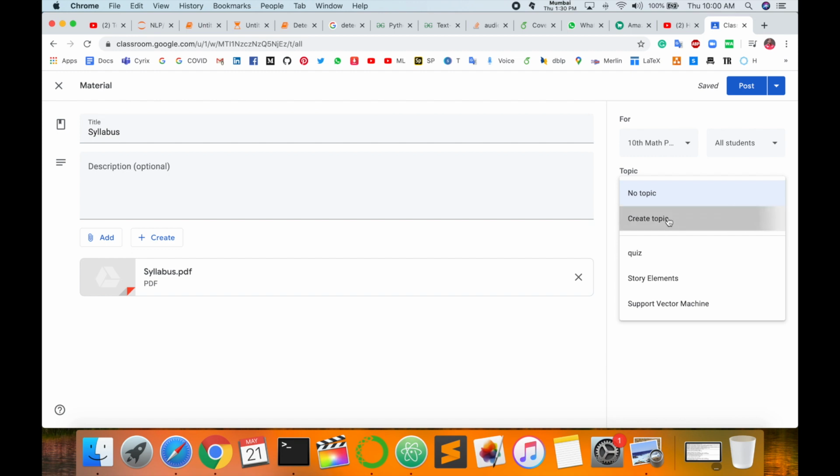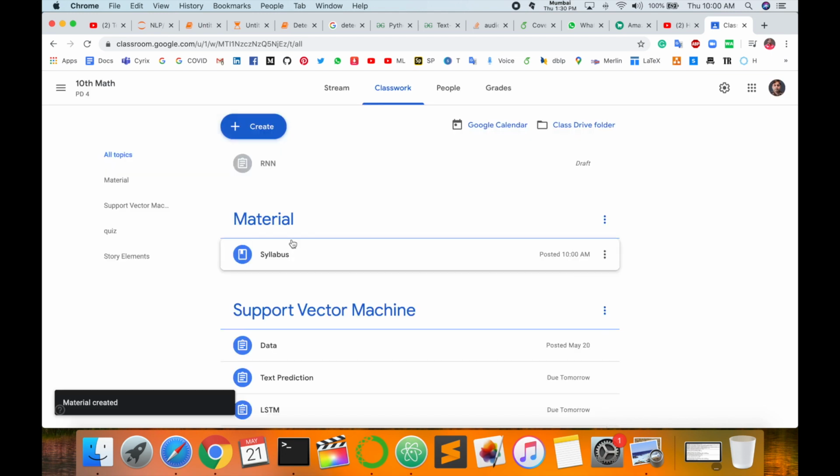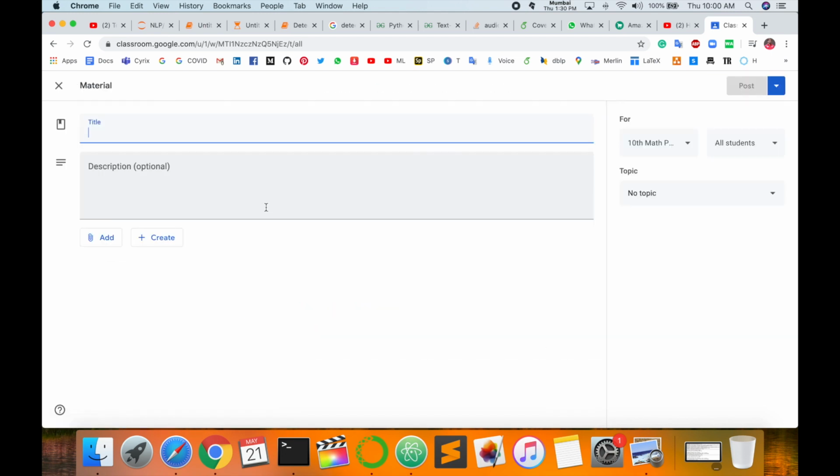Add a topic also, material. So your students will understand easily that their study material is available here. Go there and check, and then select that all students in only 10 standard math can see it, and then post it. It's very simple. Here you can add more data in this material, and then type here chapter